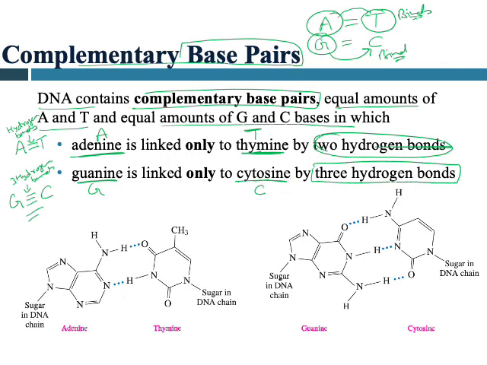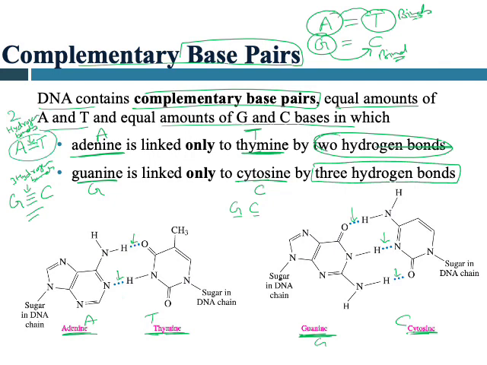right? And then you can also see the structure. Structurally you can say this is one hydrogen bond, this is the second hydrogen bond between A and T, right? Similarly between G and C you have 3 hydrogen bonds, 1 2 3. So if your DNA molecule has a high number of GC, that means your DNA is strong because you have 3 hydrogen bonds compared to if you have a high number of adenine and thymine, because adenine and thymine are bound through only 2 bonds,